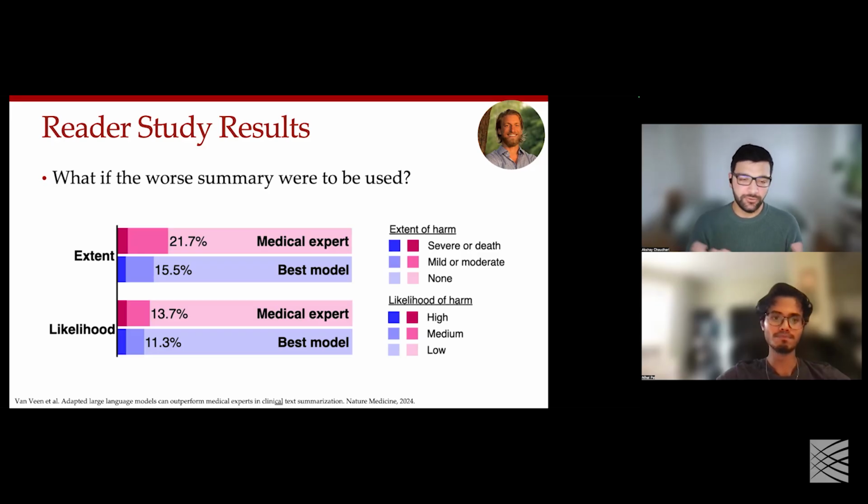So maybe in a hypothetical setting, if you're trying to do an ACL surgery on the right knee, what if somehow your surgeon operates on your left knee? What is the extent of harm that would happen to the patient? What is the likelihood of that harm? And we were treating this in a situation where no one else is actually checking that particular note, which is not necessarily very clinically appropriate, but we wanted to take the most extreme example that no one evaluates that summary. Hopefully that describes what the framing of this particular study was.